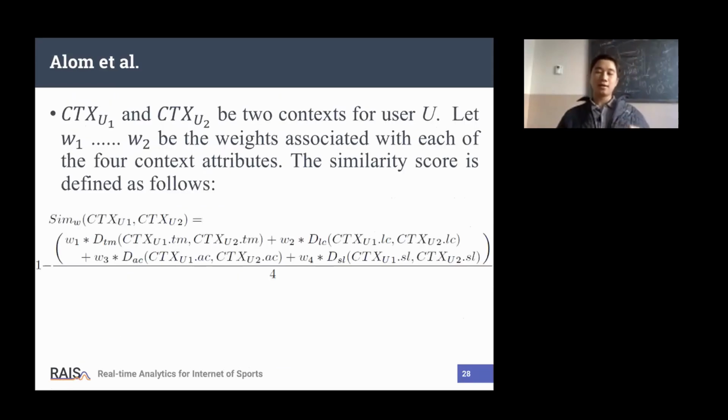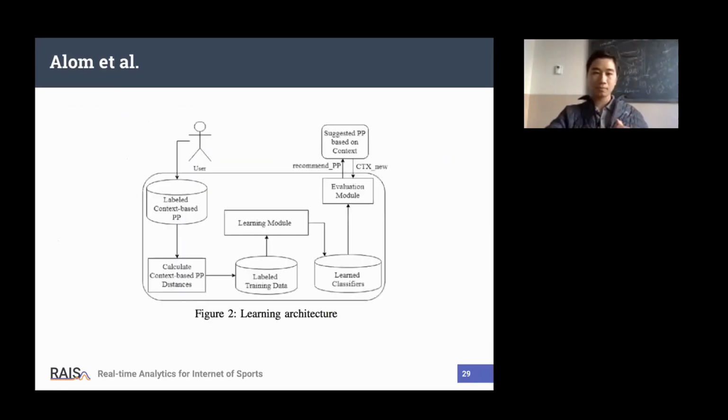After that, he gets the distance between two different contexts by using the average value of the 4 values. Here, the user also labels the context by privacy preference. After that, if they have a new preference, they will reuse the knowledge from the labeled database to label the new one.